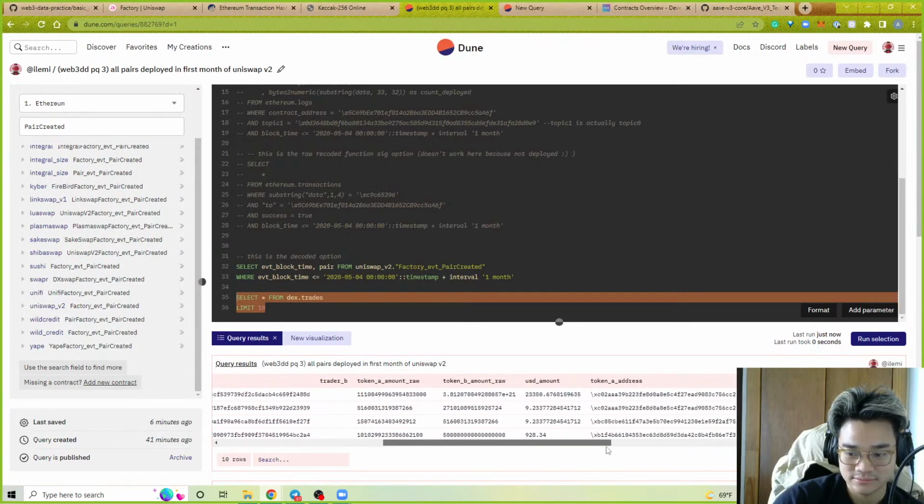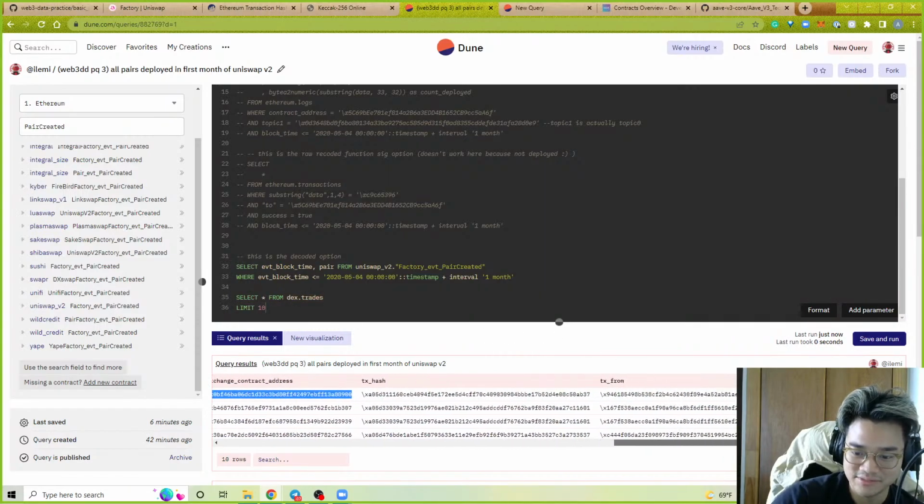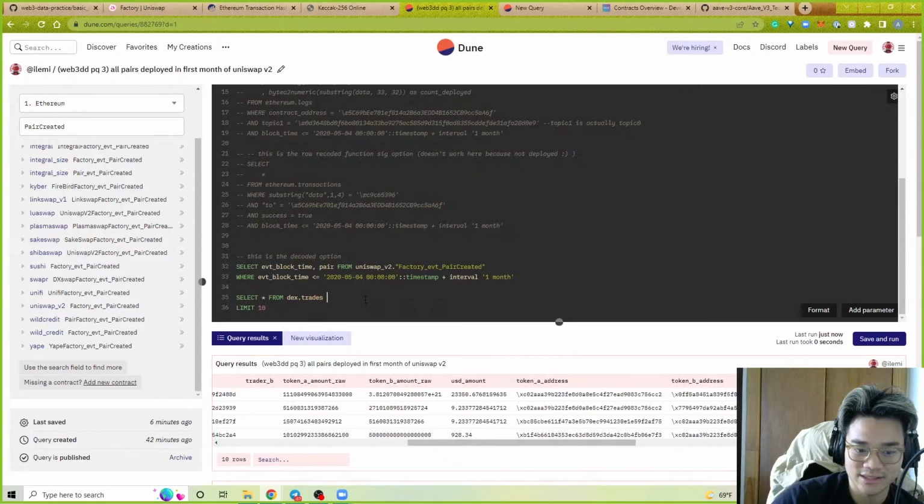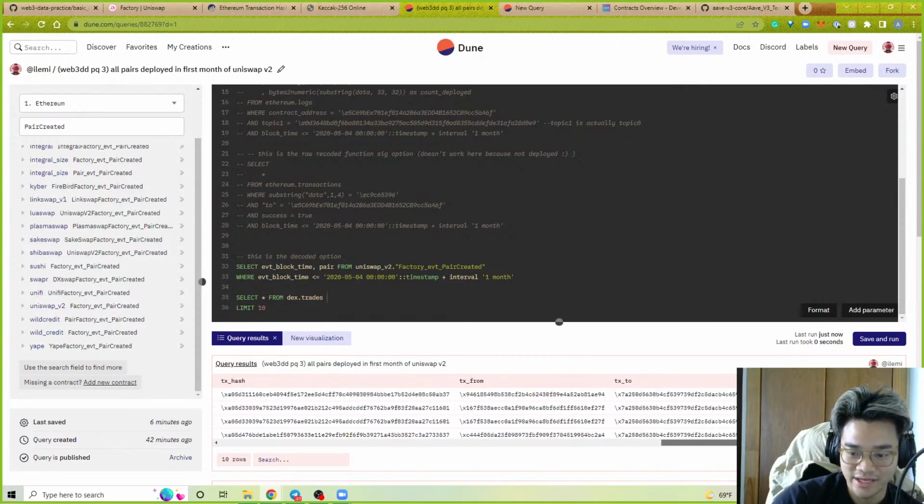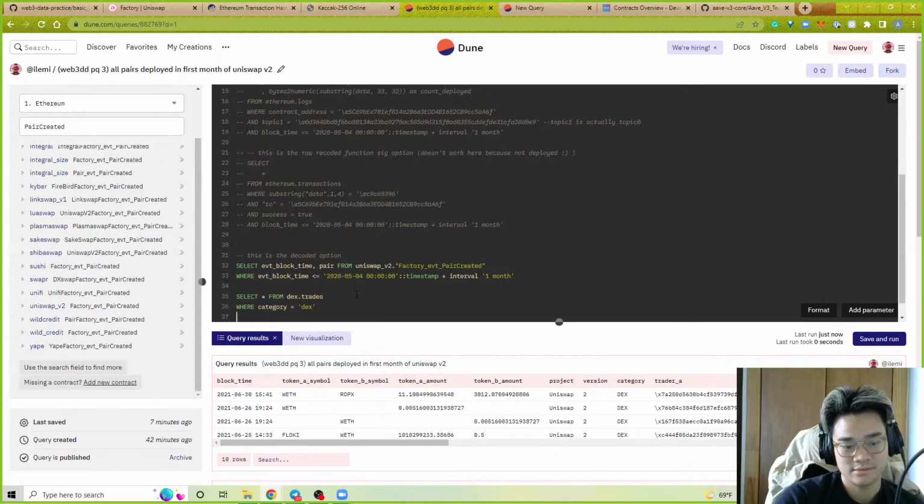And typically, you would look at, oh, I need to filter by token A address or token B address, but we can actually just filter by the exchange contract address, where things are not aggregators. So where category equals DEX and exchange contract address in select pair from